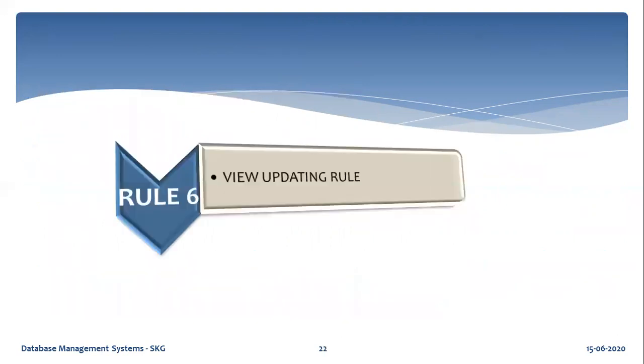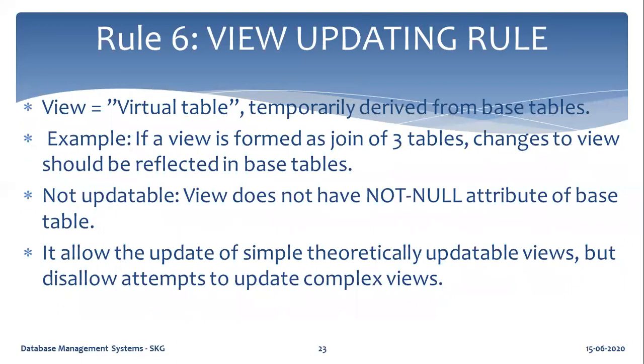Now rule 6 is the view update rule. Now what is a view? It is a virtual table or temporary table we want to create. Suppose we join three tables together, and we don't want all the fields which are available. If we joined them and we require only some part of those three tables, then that can be generated as a virtual table instead of creating a new table by joining. We can create a temporary table over there and we can handle it.